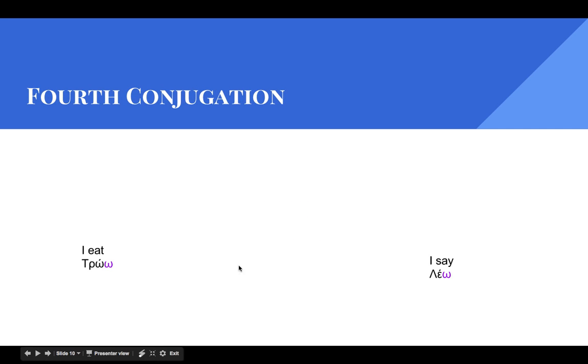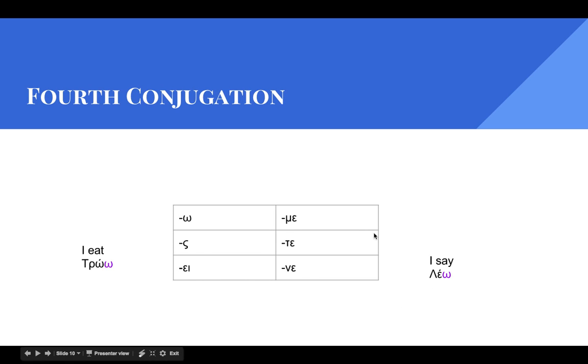So as I said, there are a few but quite useful verbs that follow this pattern. So we have I eat, tro, and I say, leo. And these fourth conjugations are often irregular, so they change in patterns that you just have to memorize. They're a bit rebellious, they don't follow the pattern. But here is the chart for